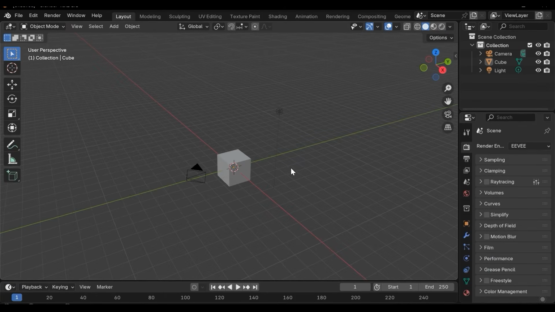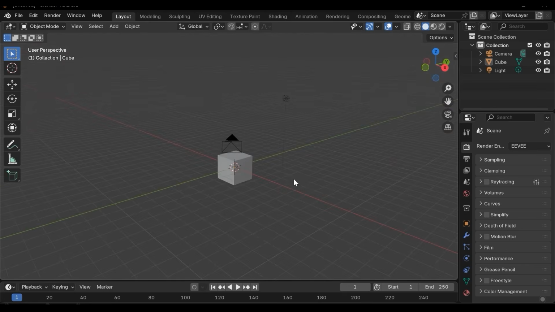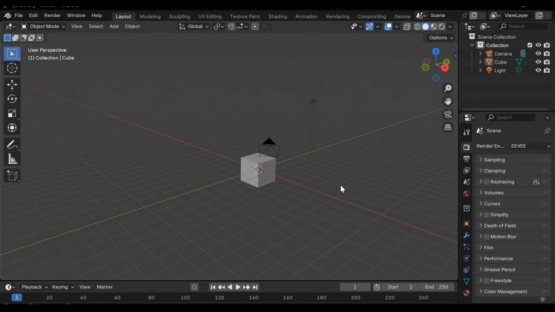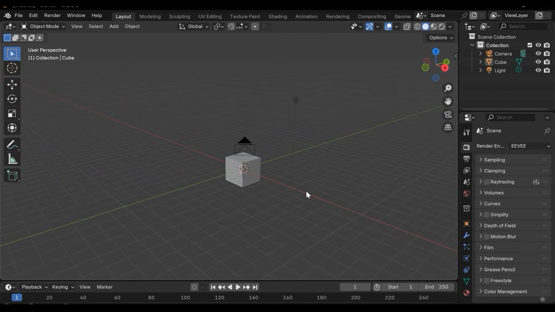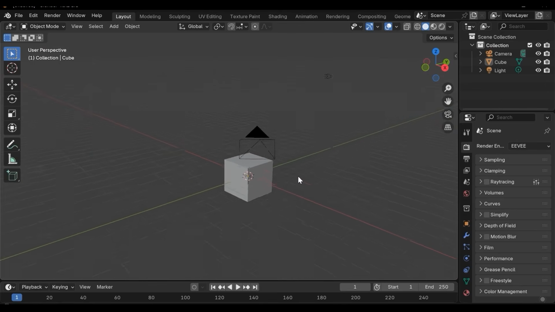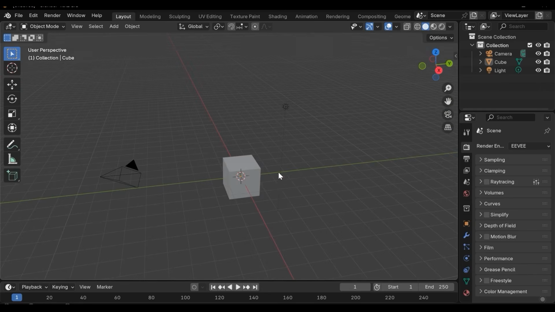In the 3D view, we can rotate the camera using the middle mouse button easily. We can press shift and the middle mouse button to pan the camera. We can press control and the middle mouse button to zoom in and zoom out, and also you can scroll. Also, you can select everything you want in the scene, the cube, this light and this camera, and you can see a list of your objects and entities in the scene using